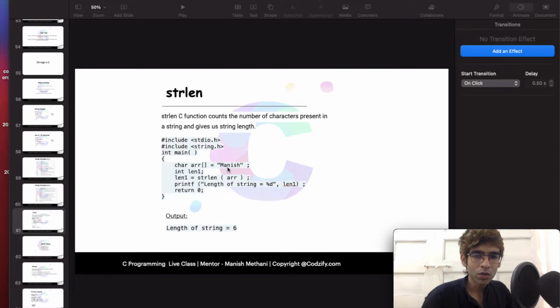So 1 2 3 4 5 6 is the length of the string, and it has printed 6 here. It's simple, you just write strlen, the name of the string function, and the array of characters whose length you want to find. Also, to use these string functions you have to include string.h.